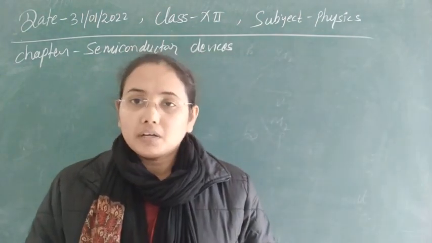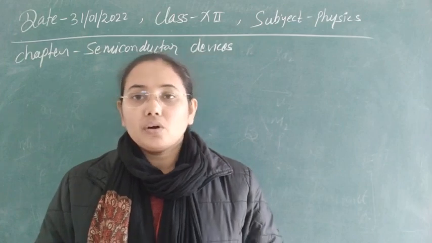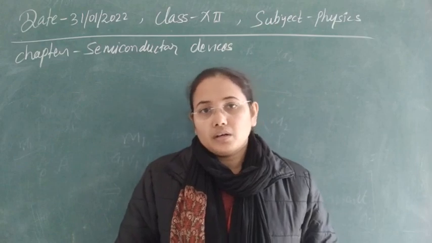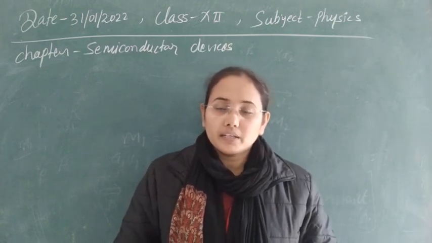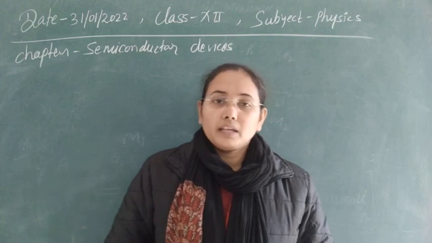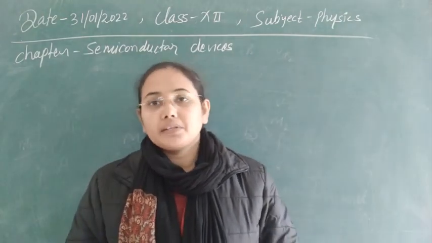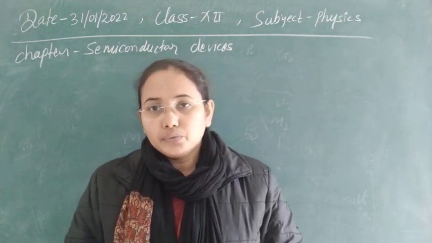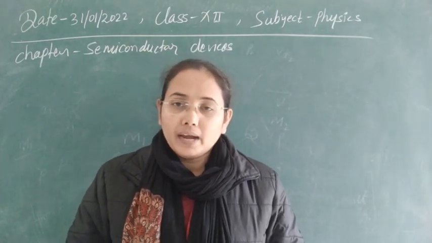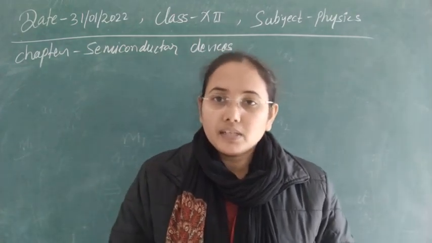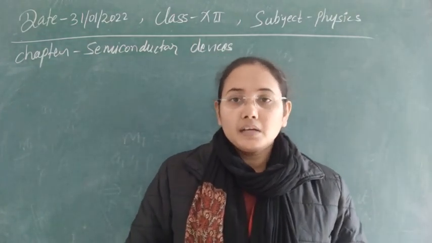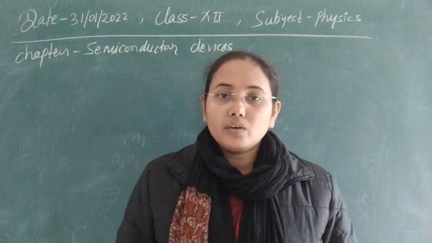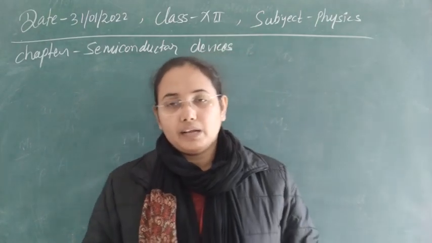One topic started from the band picture, a distinction of the materials based on a lot of things like the free electron model, conductivity, resistivity, and band model. Then we studied semiconductor devices and how many types of semiconductor materials we have. Then, using that material, we made the diode, and then the applications of diodes we studied: Zener diode, LEDs, photodiode and solar cell. This is all our content of the semiconductor devices chapter that we have covered up to now.